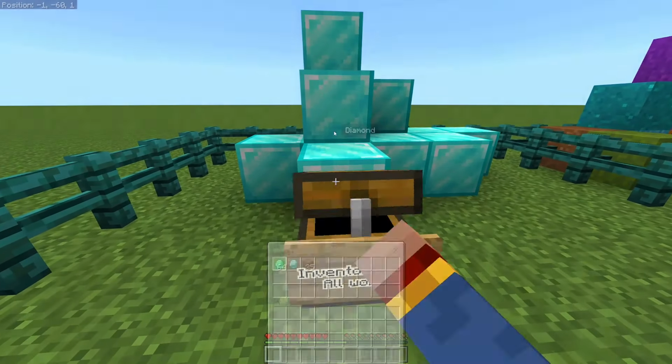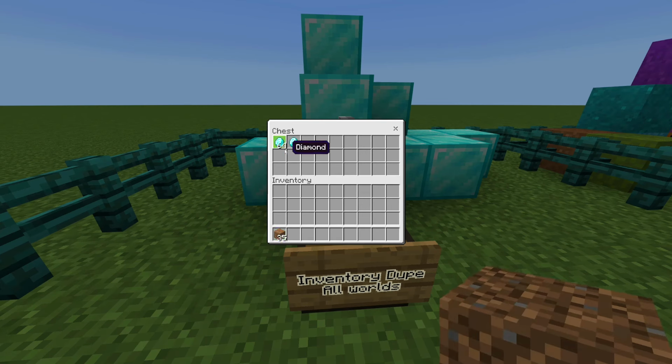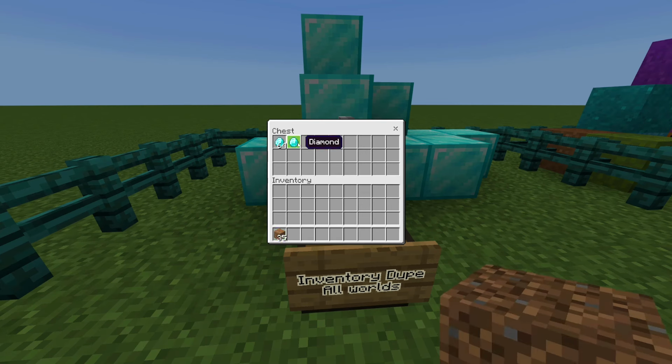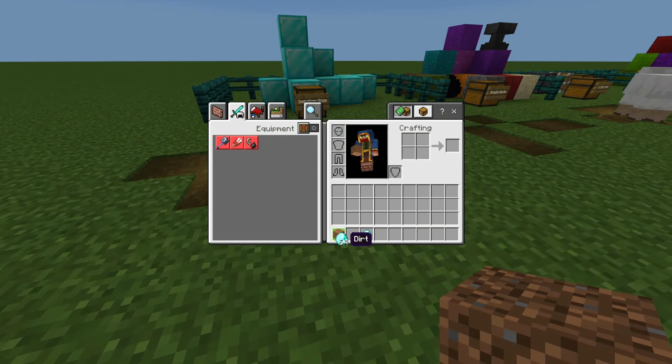Now, all the items you're gonna need are 35 items of your choice. I will use dirt in this case, and then a stack and one of the items that you want to duplicate. I will use diamonds here. Now, what you're going to have to do is to take the stack and put it in the first slot